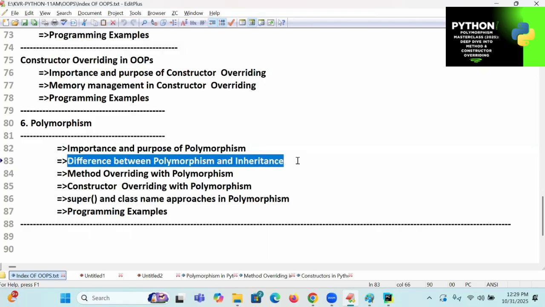Inheritance: display 1, display 2, display 3. How many methods? Three methods, three memory spaces. Polymorphism: display, display, display, the same method, one memory space. Three different answers. Which is the best approach? The polymorphism approach is the best approach. So, coming to the